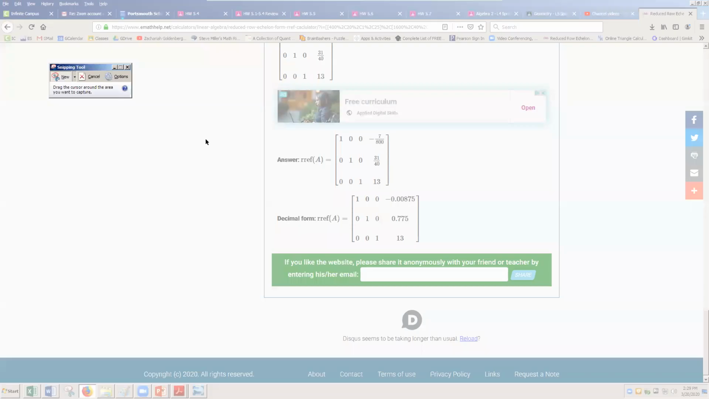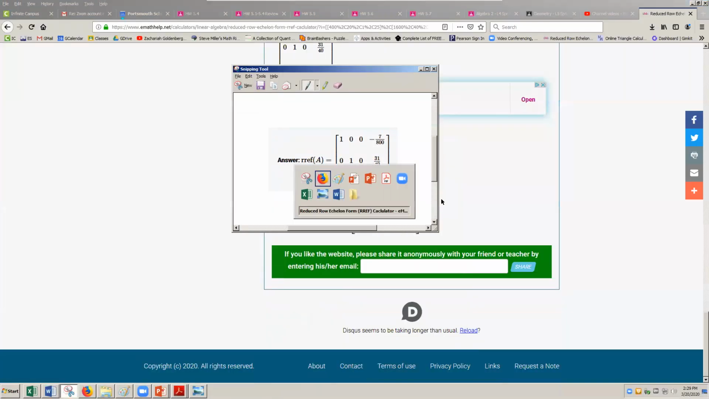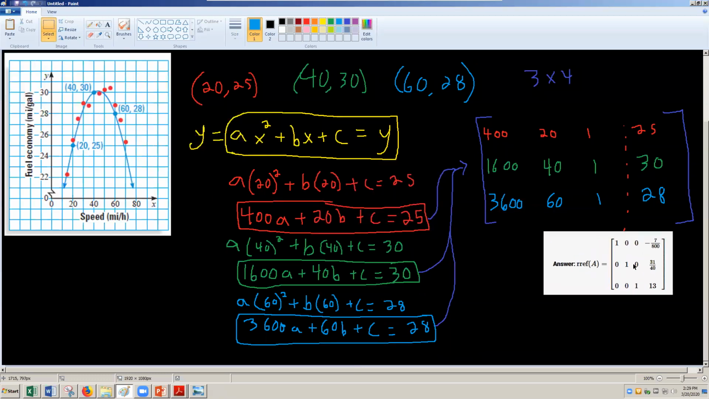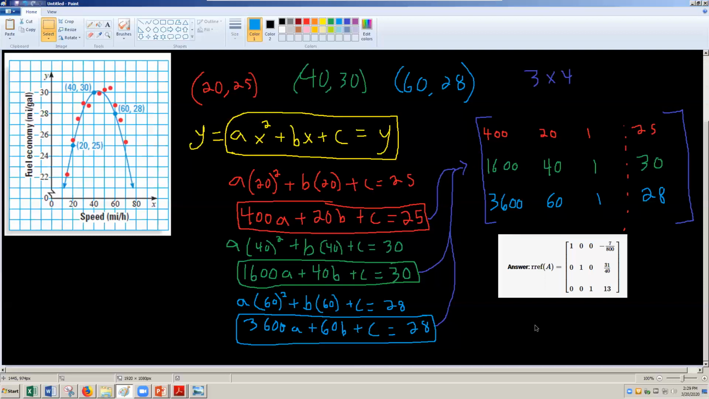So I'm going to grab this and we'll jump back here. So now what does this mean in terms of writing out my final answer? The final answer that I want is going to be in pink, and it should look like y equals,